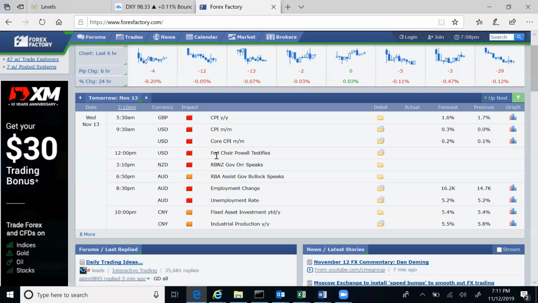All right. Tomorrow night at 8:30 p.m. Eastern time, you've got AUD news, right? Employment change and then an unemployment rate. Let me set the mindset for AUD tomorrow night. Usually with unemployment rates and the employment change, the market for AUD goes 80, 100, 150 pips. It really goes, right? And it really, really, really goes.